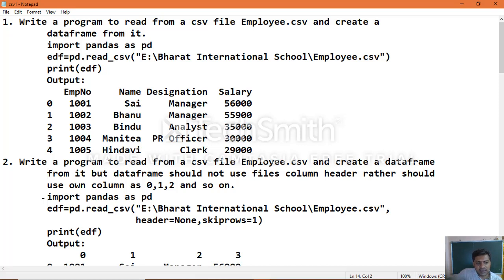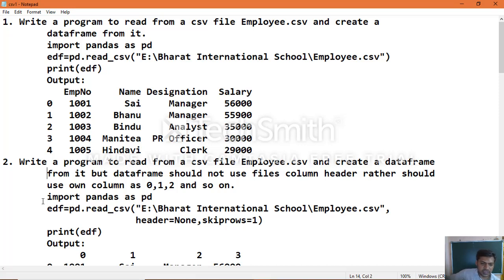So you clearly understand the program. Same example which was taken.